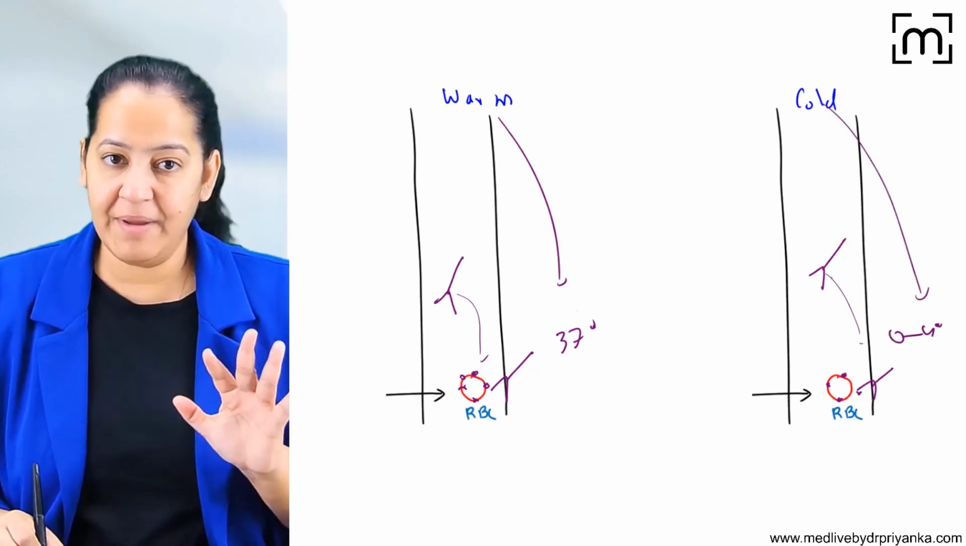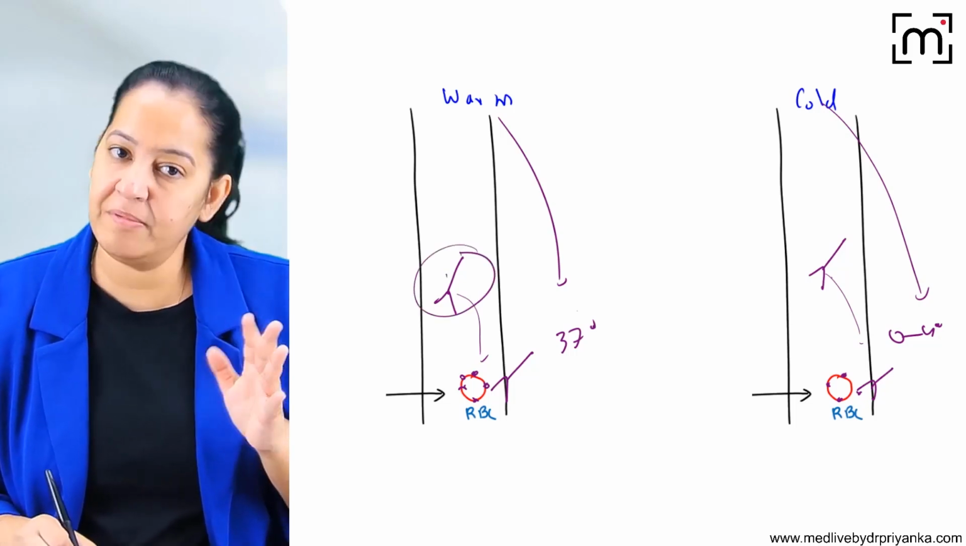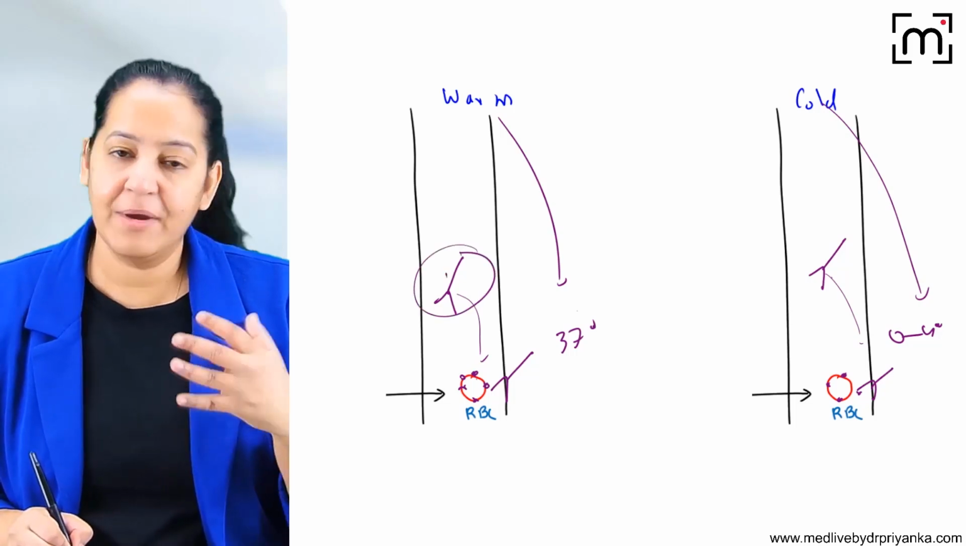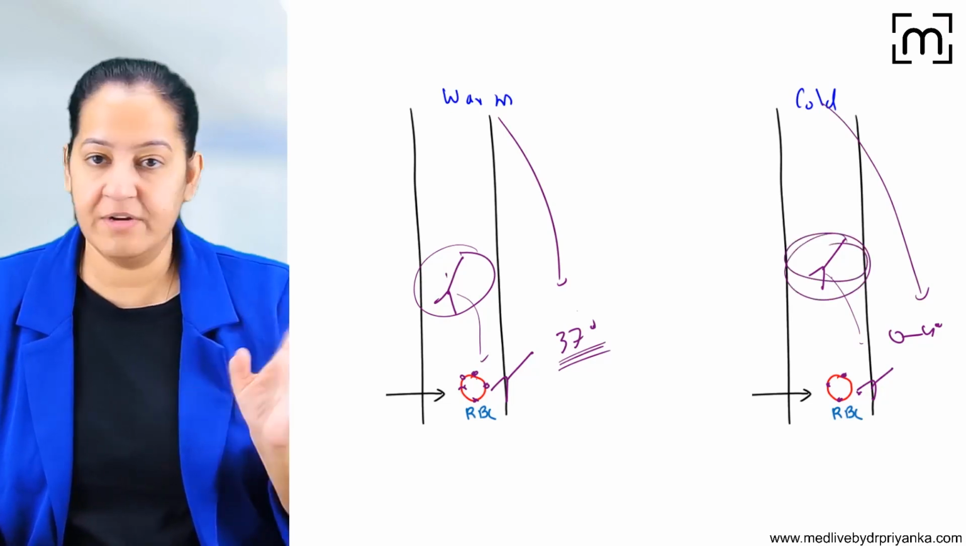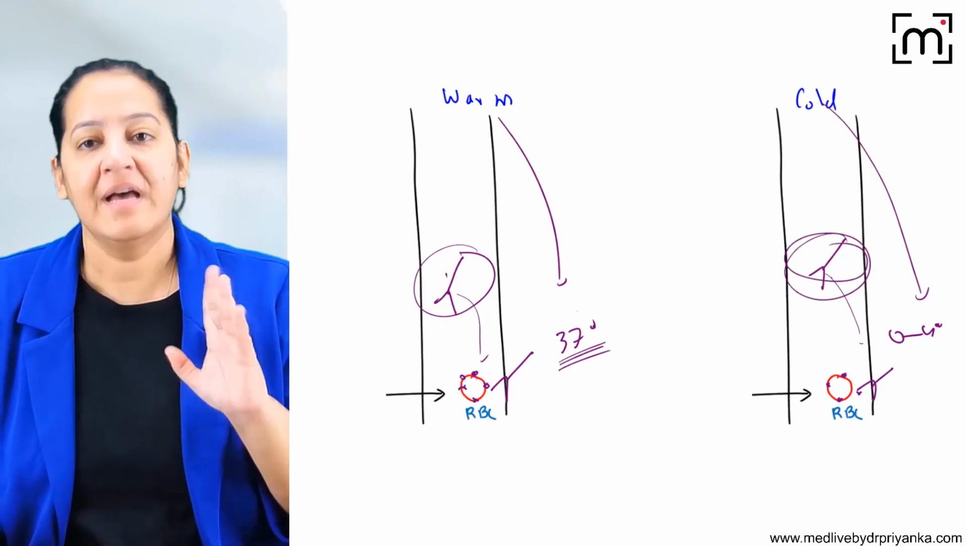So in warm AIHA, the autoantibodies, once formed, will come and react with the antigen because the human body temperature is 37 degrees only. But in cold AIHA, they remain in the blood only. They will not react. They remain in the blood, but they will not react. They will react when the